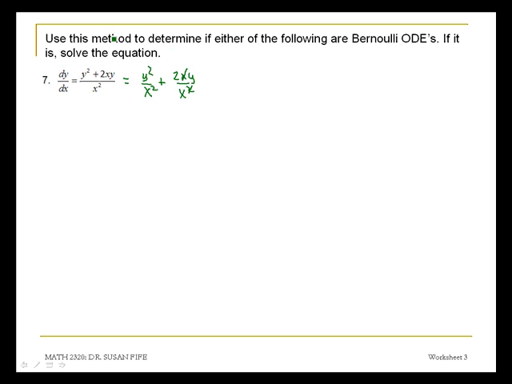And if you bring that term over to the left side of the equation, you'll have dy dx minus 2 over x times y is equal to, and on the right side I'm going to write this as 1 over x squared times y squared. So notice I have my derivative term minus my function of x times y is equal to another function of x times y to some power. So this is Bernoulli form, and the value for n again is 2,